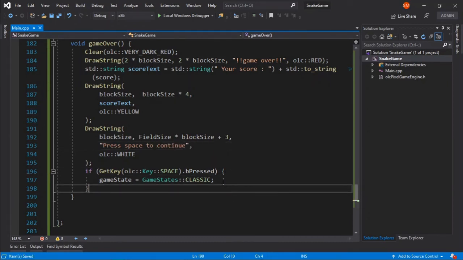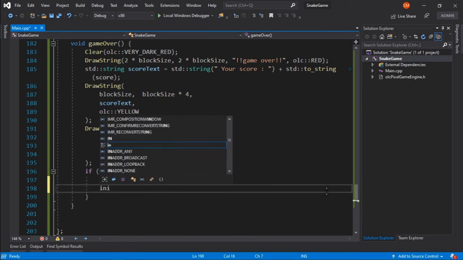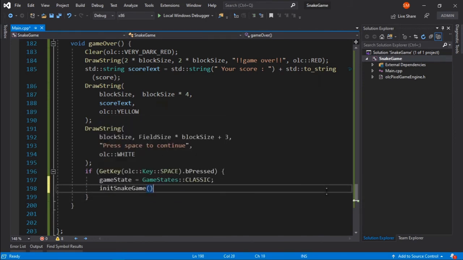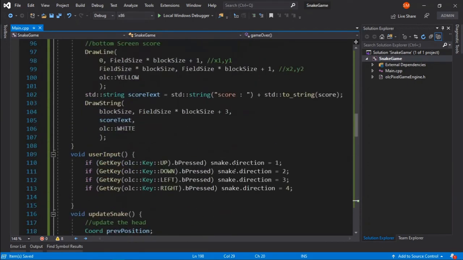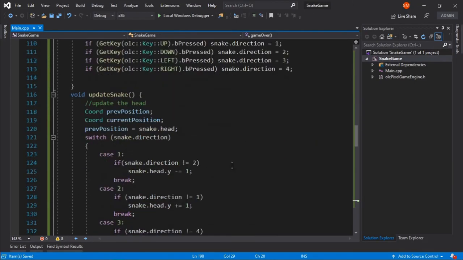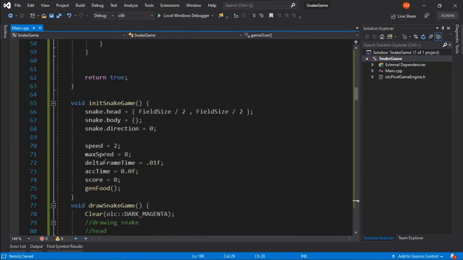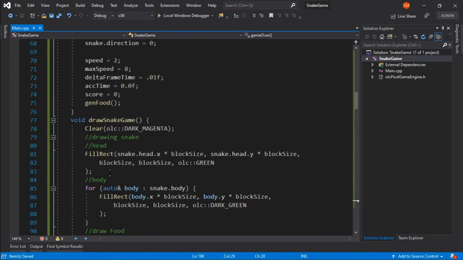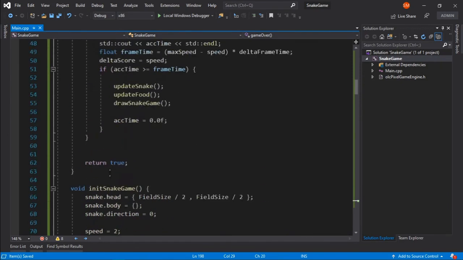Okay. And wherever we switch to classic, we also need to init our snake game, so that way our snake game will be initialized. And yeah, all we need to do is now use this draw end skin whenever the case is different.